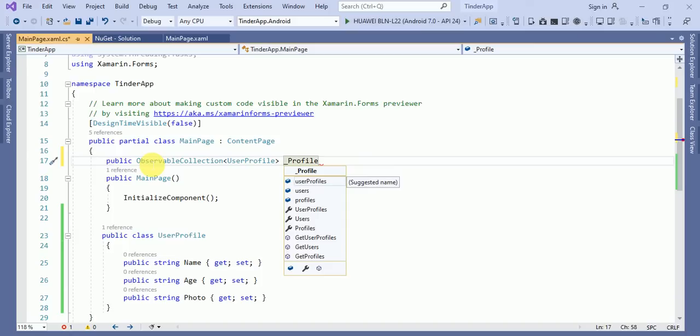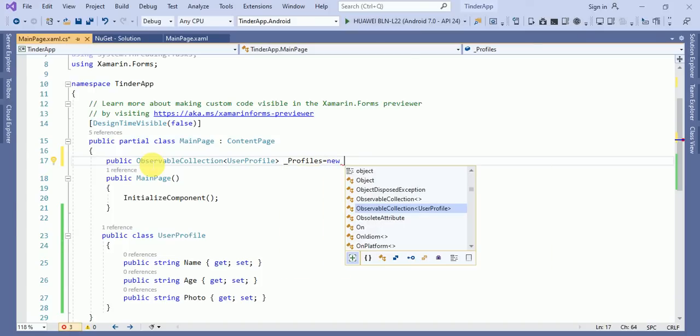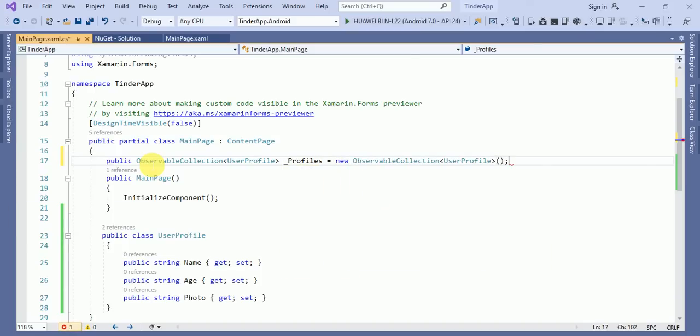Profile equals to new profile. Okay, and we will create a method.